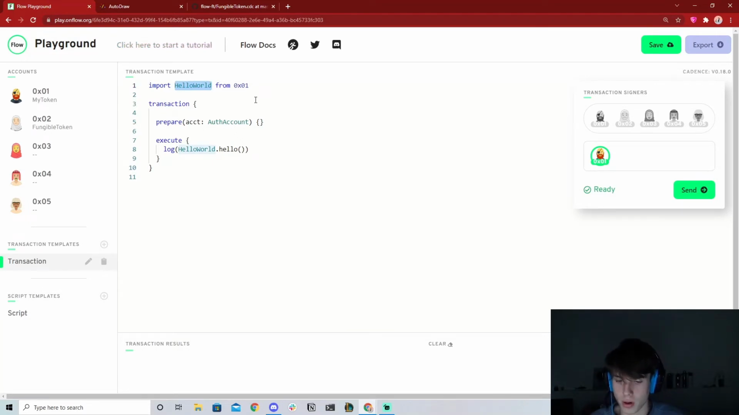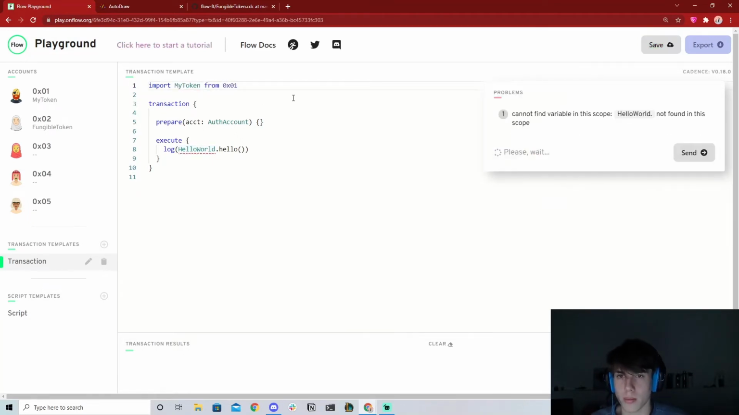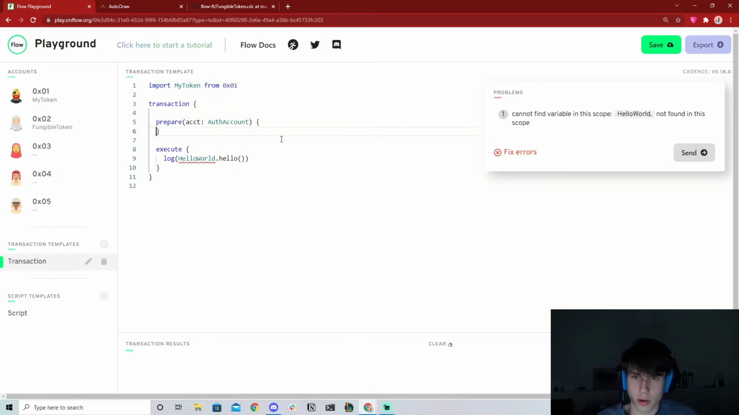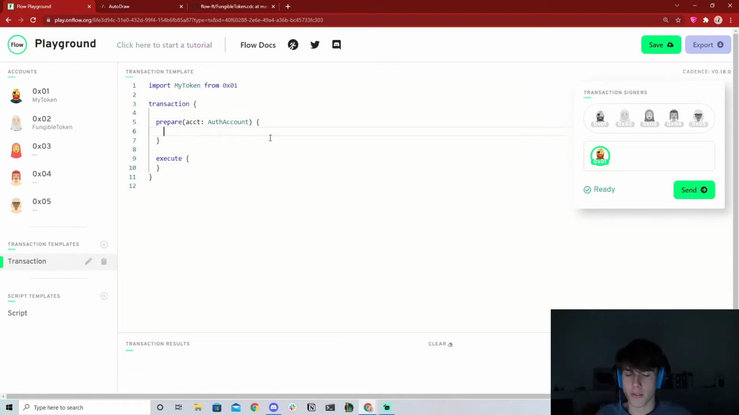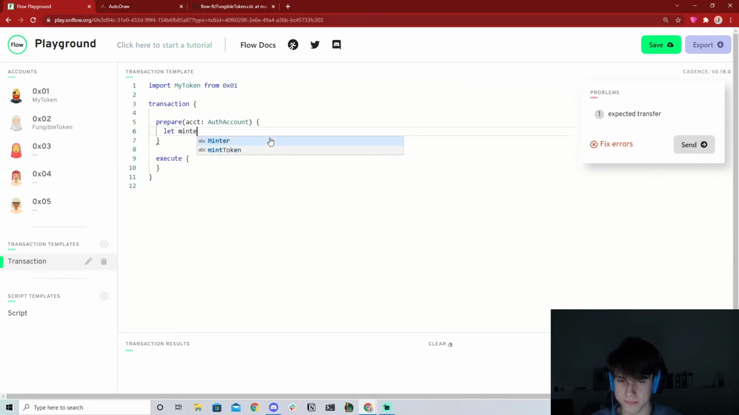So let's import MyToken from 0x01. We're going to go in here, and remember, if we are to access the storage of an account, we have to be in the prepare phase. So we're going to say let minter, and this is going to be equal to